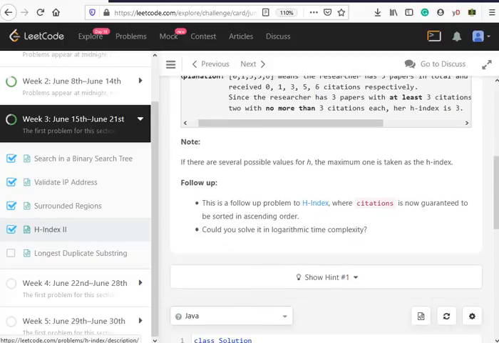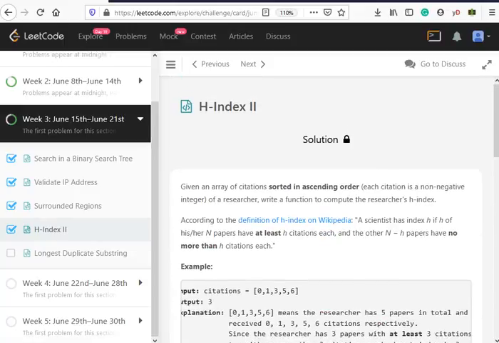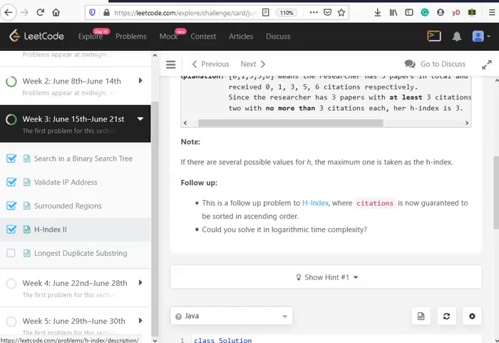This h index problem is also a very interesting problem, wherein we are implementing bucket sort. So you can find the link to the problem of this h index 2 problem in the description. And the h index 1 we would be solving and posting the solution as well, wherein we would be talking about bucket sort, and that is also a very interesting algorithm to learn about.